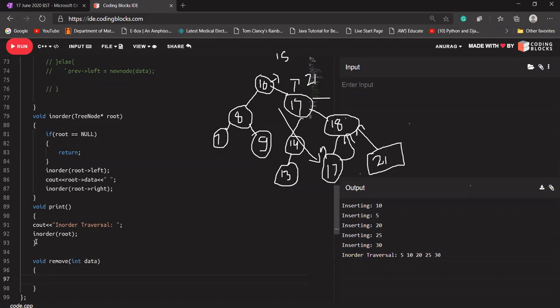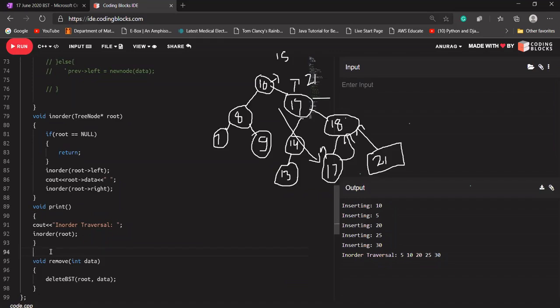What I'm going to do here is call my delete function. I'm going to create a delete function, delete BST, and I'll pass my root through it, and I'll pass the data. Because our root is private, I cannot use it outside in the main function. So for that I'm using my remove function.